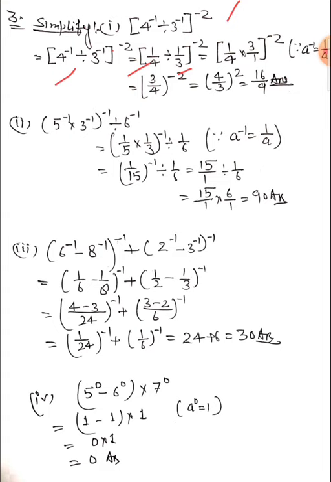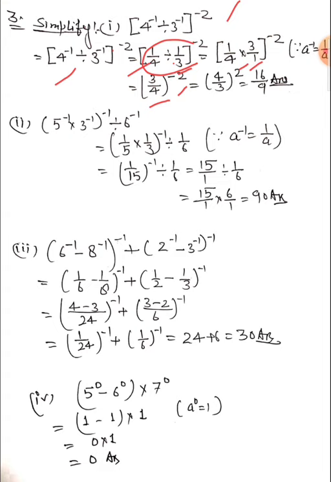So 1 upon 4 division, this is a division of fractions, and you know very well how we can divide any fraction. So 1 upon 4 write as the same, and convert division into multiplication. Then write the reciprocal of 1 upon 3, so it will be 3 upon 1. Then after multiplication we get 3 upon 4 raised to the power minus 1.